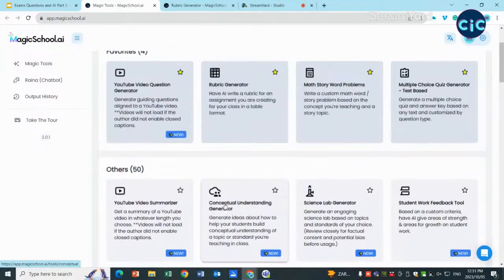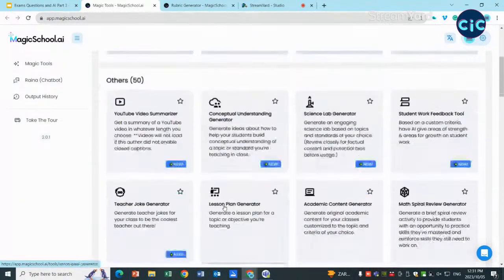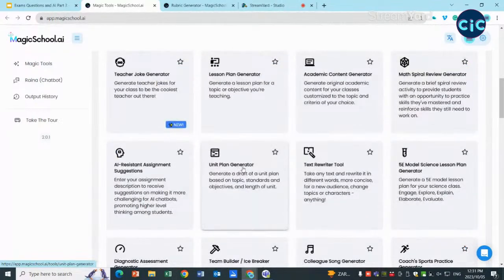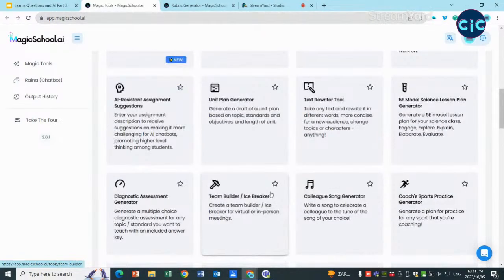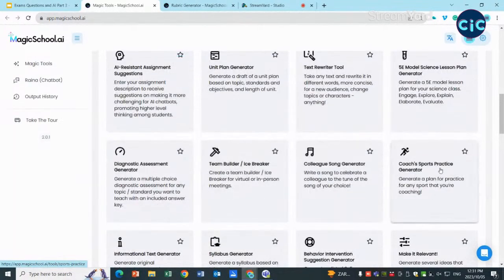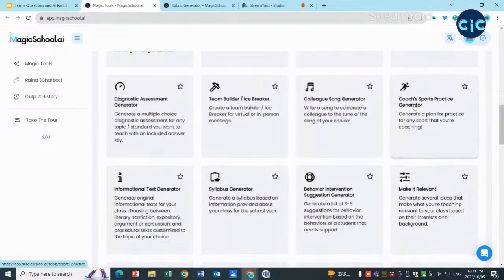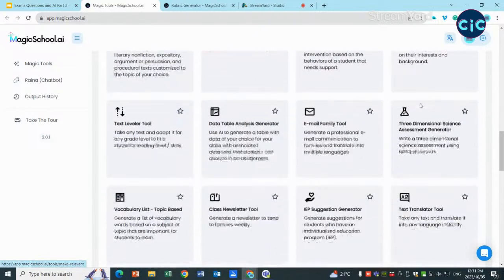And there's another multiple choice generator. So this magicschool.ai is unbelievable. They've got all sorts of other tools to help teachers, like a text rewriter tool so that they could be more concise. This amazed me because often teachers have got to do coaching and sports practice, and it's not their thing. And maybe for phys ed marking, instead of just doing that test where they run up and down, we could do something a bit more. But this is actually a lesson generator. So all sorts of things.